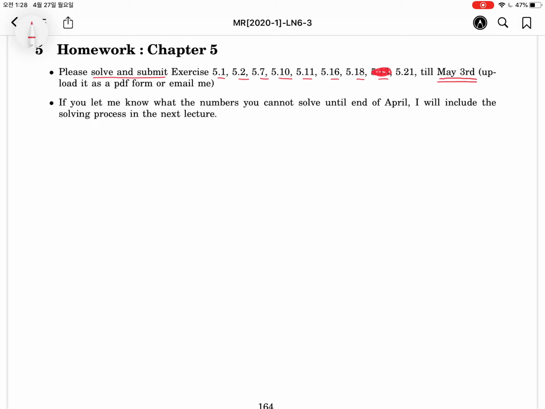If you let me know which numbers you cannot solve by the end of April, I will include the solving procedure in the next lecture. Maybe next week I will talk about chapter 6, and then we should have a real-time online class to show how to solve the chapter 5 or chapter 6 exercises. Anyway, if you have any questions or comments on the exercise numbers,